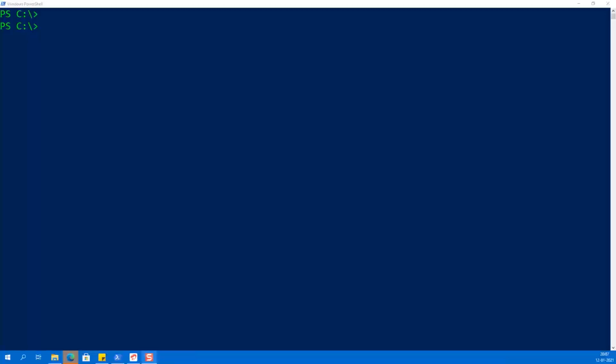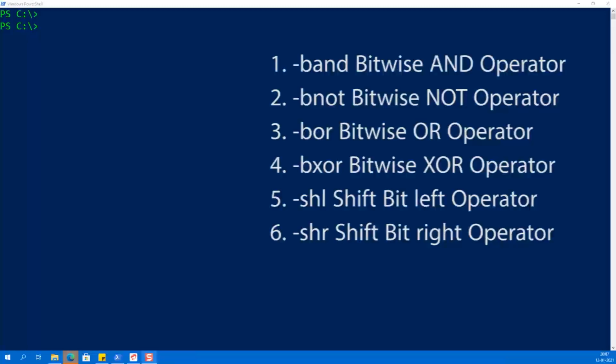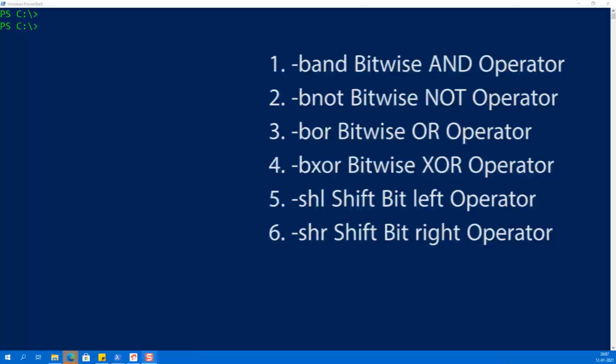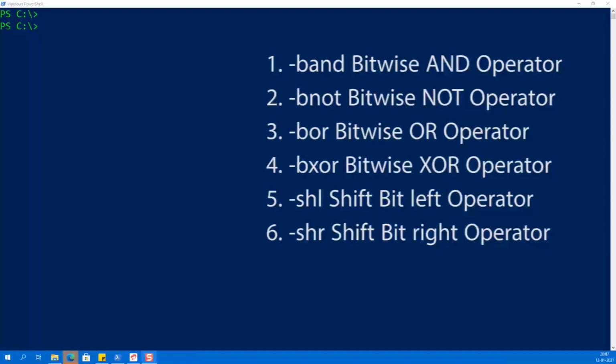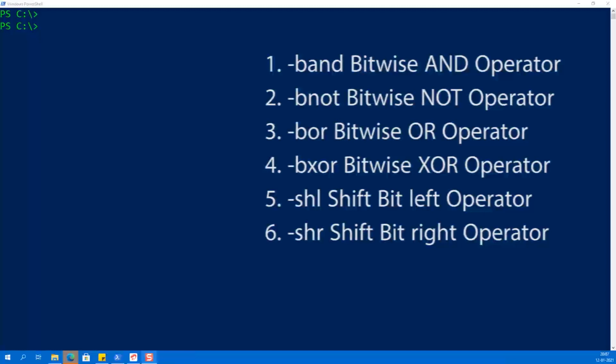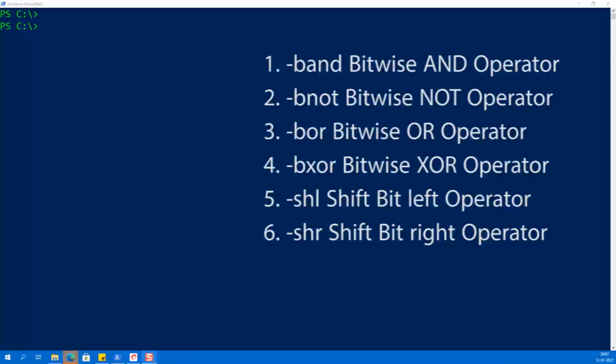They are the operators below: hyphen BAND, this is called the bitwise AND operator. Hyphen BNOT, this is called the bitwise NOT operator. Hyphen BOR, that is the bitwise OR operator. Hyphen BXOR, that is the bitwise XOR operator.